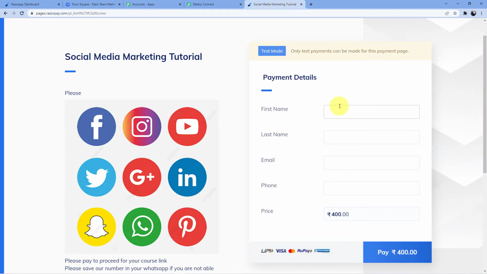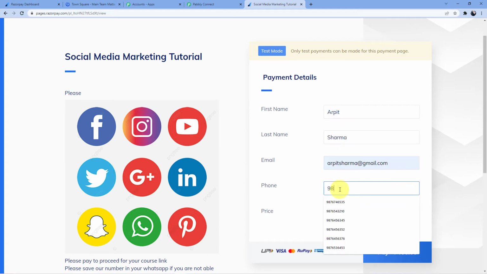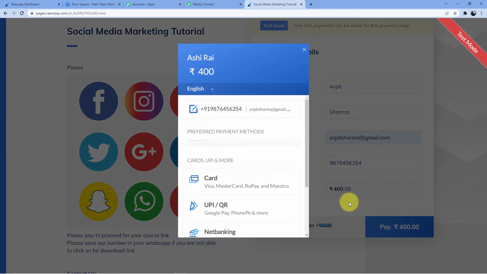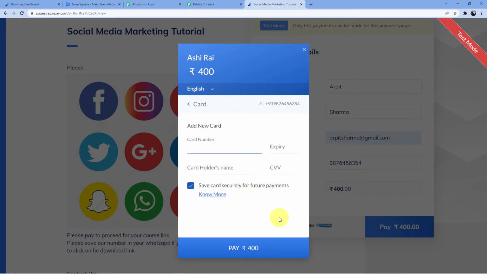So I'll just go for the name. My name is Arpit. That is my first name. Last name is Sharma. Email is arpitsharma@gmail.com, and phone number is a dummy number. So 98764565354. Now I'm just going to pay by card.